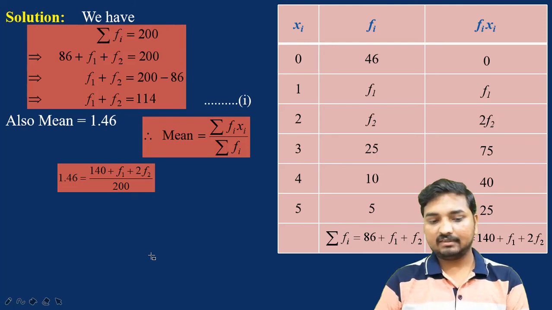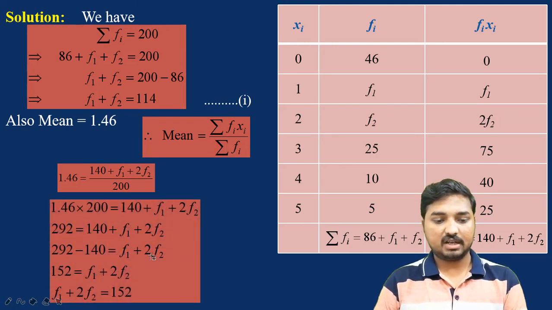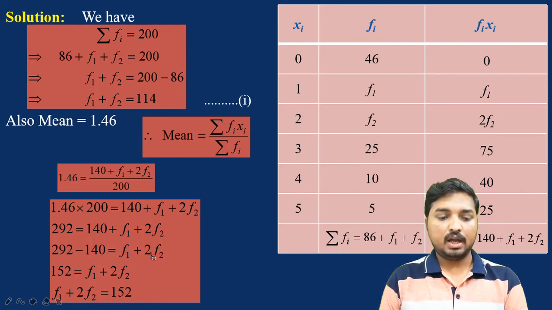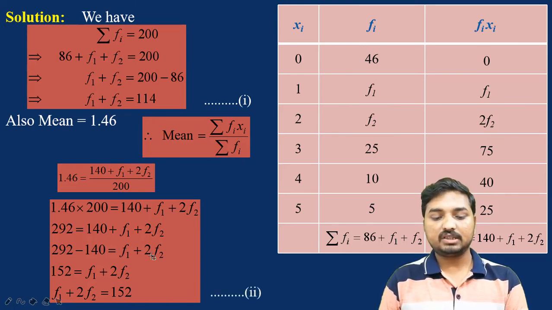Okay, so now the next step is simplification. I think you can understand this one. 1.46 into 200, cross multiplication, and write the numerator as it is. 1.46 into 200, you will get 292 is equal to 140 plus f1 plus 2f2. If you shift 140 towards the left side, it will become 292 minus 140 is equal to f1 plus 2f2, and on simplification 152 is equal to f1 plus 2f2. Okay, you will get f1 plus 2f2 is equal to 152, and denote this one as equation number